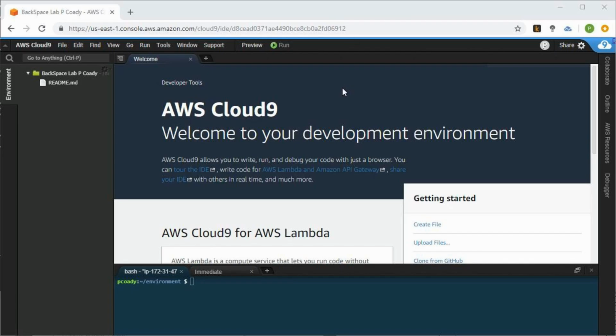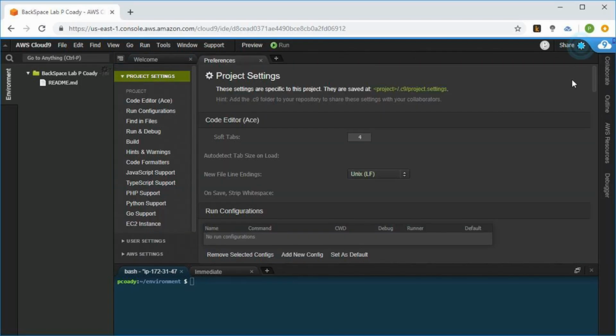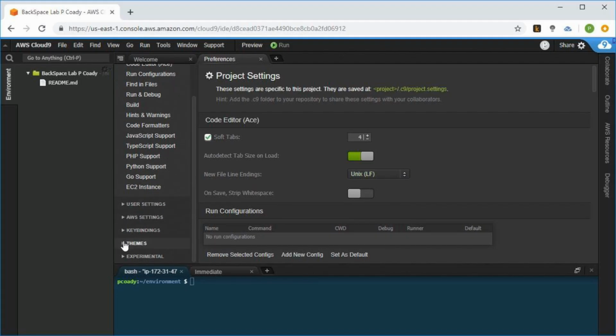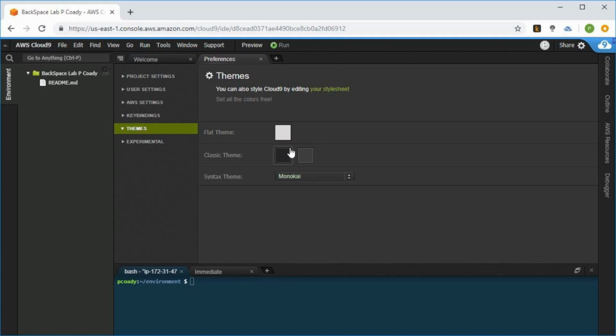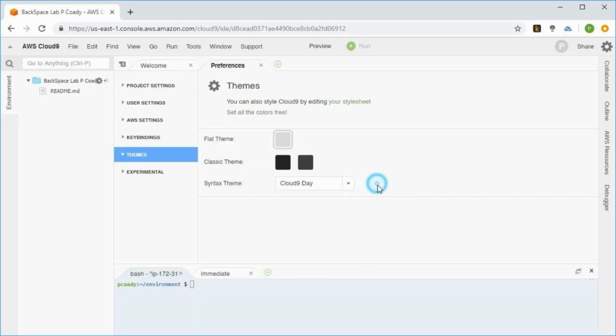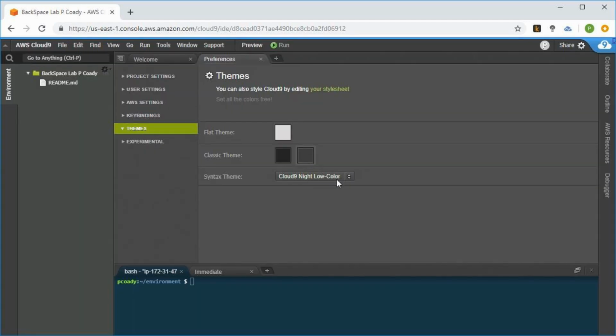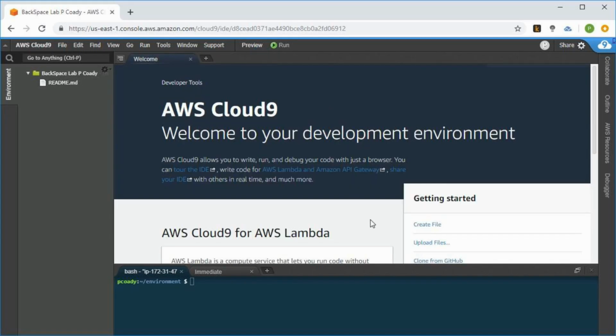Now, if we want to change this, yours will probably be a quite light and bright user interface. I like a dark one. So what you can do is just go into this toolbox icon here, this sprocket, and click on that for the preferences. If you scroll down and go to themes, by default I think you have this flat theme, which will be that one there, but you can change it to a darker theme. And I like this dark gray one here. So if you like the dark gray, you can change it to that quite easily. So we'll just close out of that now and we'll start to issue some commands and see how we go.